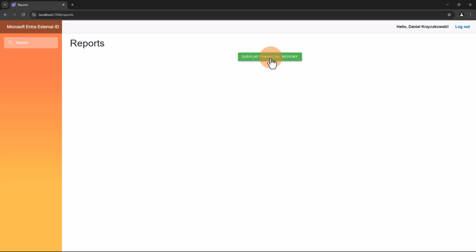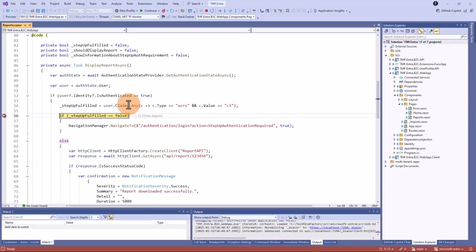So I'm clicking the display financial report button, and now my application is actually verifying two things. Whether I'm authenticated, which is true, I am authenticated. However, the application is looking into the ID token to check whether the ID token contains the ACRS claim with the value equal to C1, okay? And now I can check whether step-up authentication was fulfilled. If the user did not go through the MFA process, there is no ACRS claim with the C1 value. So step-up is not fulfilled here. So I will have to go through the MFA